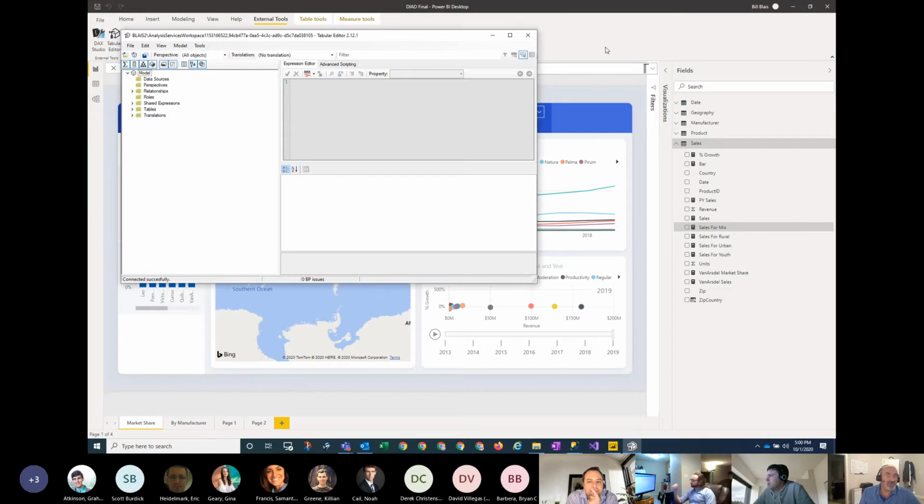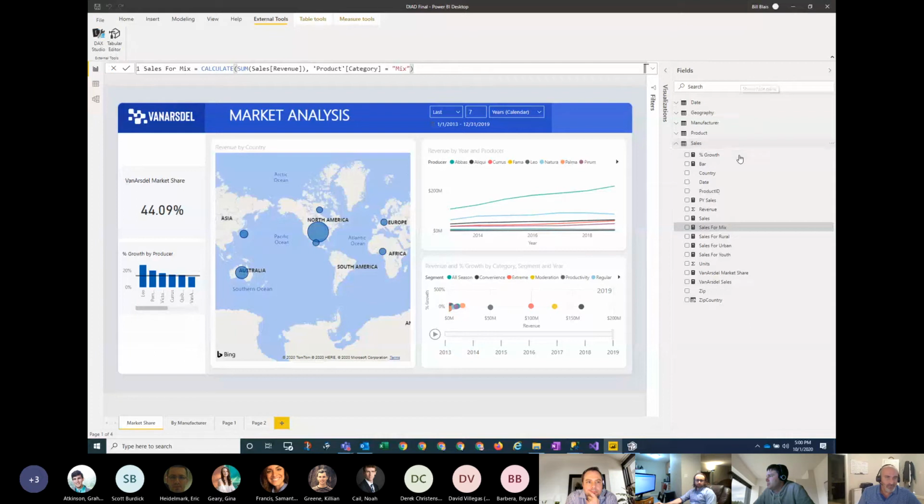All right, and then to come back to here, just to give you a use case. One of the things I love about Power BI Desktop is it won't let you get too far without checking that what you just did was correct. So if I come in here and I have too many parentheses in my DAX formula, it's not going to let me get too far. It's going to chug for a second, and then it's going to tell me that there was a problem. Of course, I can leave that error there and move on, but it's not going to let me get very far with a broken thing.